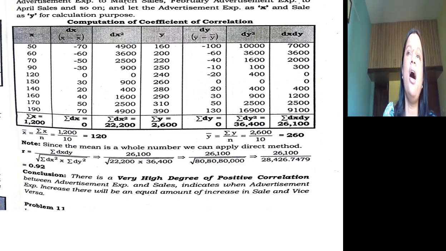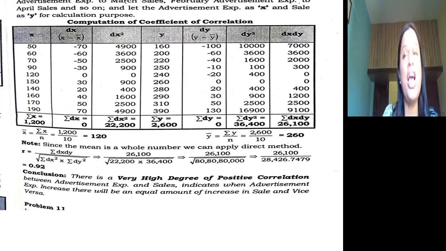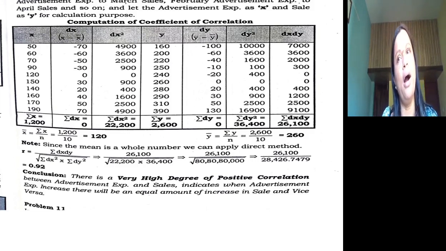So there is a high degree of positive correlation between advertisement expenses and sales. Mind it well, we took advertisement expenses of January, sales of March. The same thing continued till the end. So this is all about calculation of Karl Pearson correlation coefficient for ungrouped data. We'll see the remaining aspects in the next session. Till then, take care.